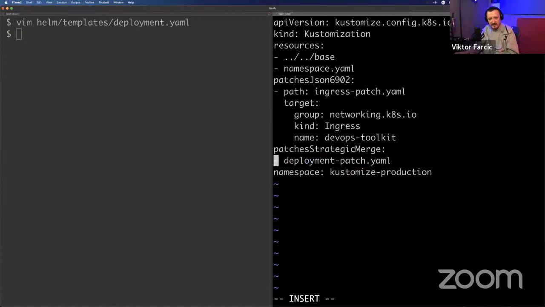I would say, hey, I want to apply a patch. The patch is defined here. That's it. That's what I want. And this is only for my overlay, for my environment, for my use case, nobody else. I'm not touching the base